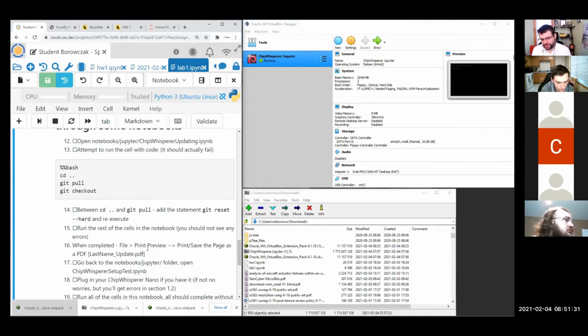So at the end of each notebook, I want you to basically do a file print preview. There are other options that you might try to do to get PDFs. They will not work without additional work. But if you do a file print preview and then save the page as a PDF, that should work. That's what you're going to need at the very end, right? Is to print off, and it basically tells you when to do that. So